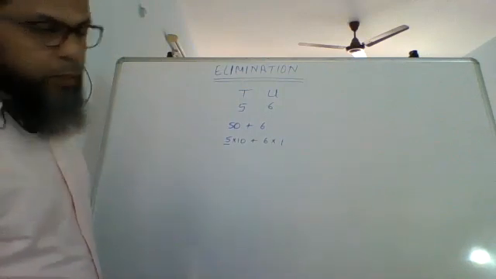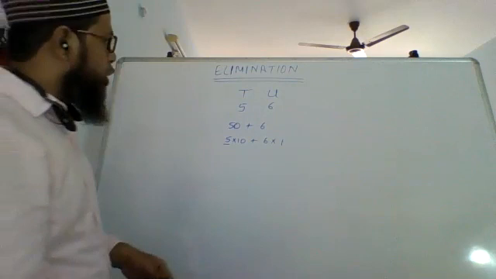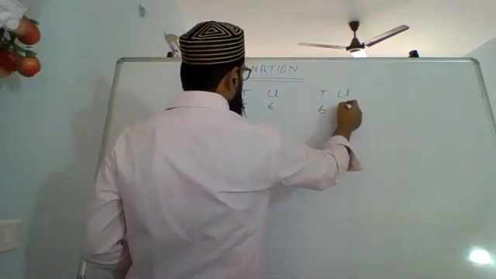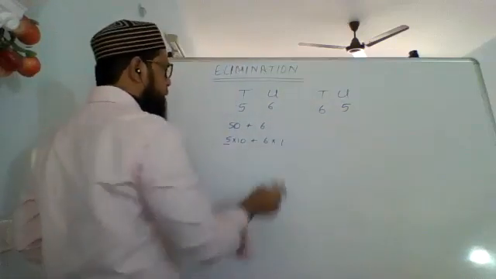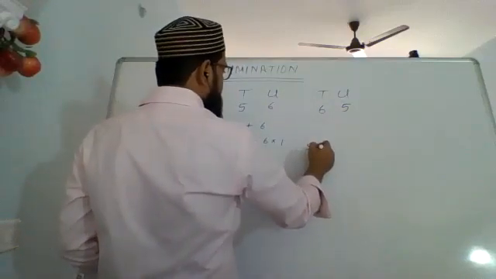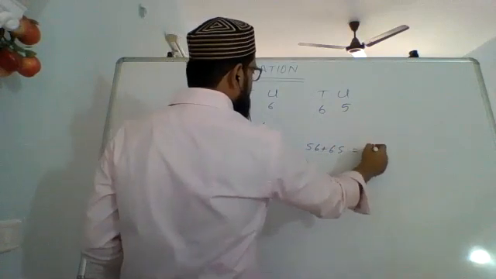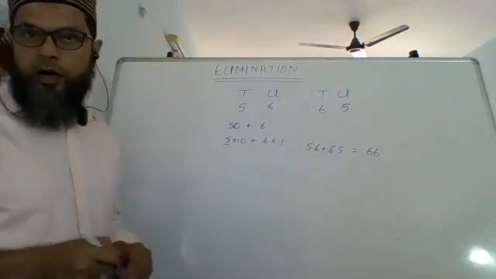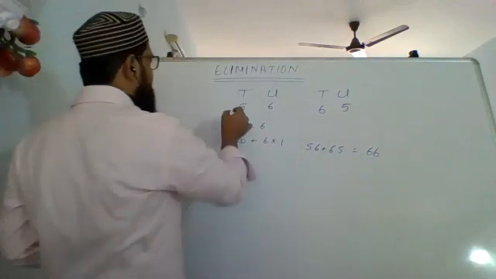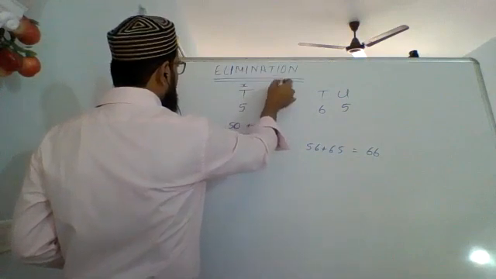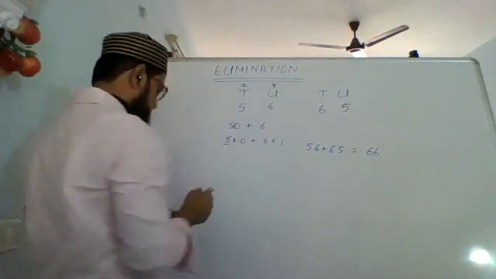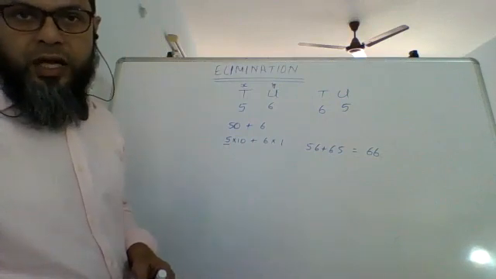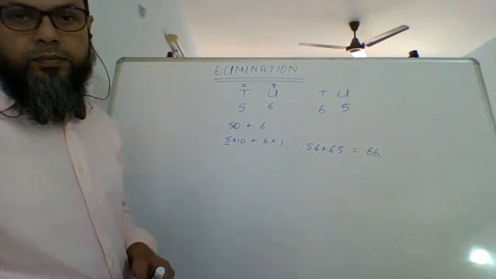Here it says the sum of a two-digit number and the number obtained by reversing the digits. When you reverse the digits, that is 56 plus 65, it gives you 121, not 66, so in this case it is not happening. Now you have to think how you're going to do this. You can take this as X and this as Y, or this as Y and this as X. See if you can form the equation. Then I'll show you.